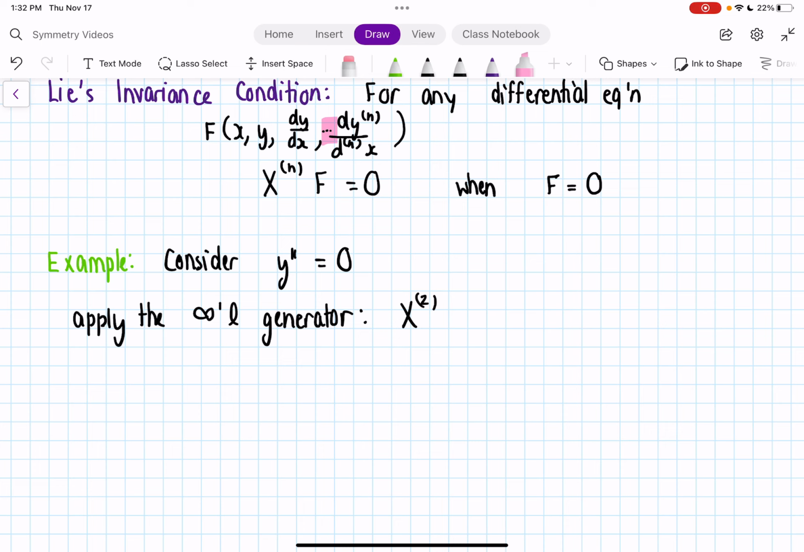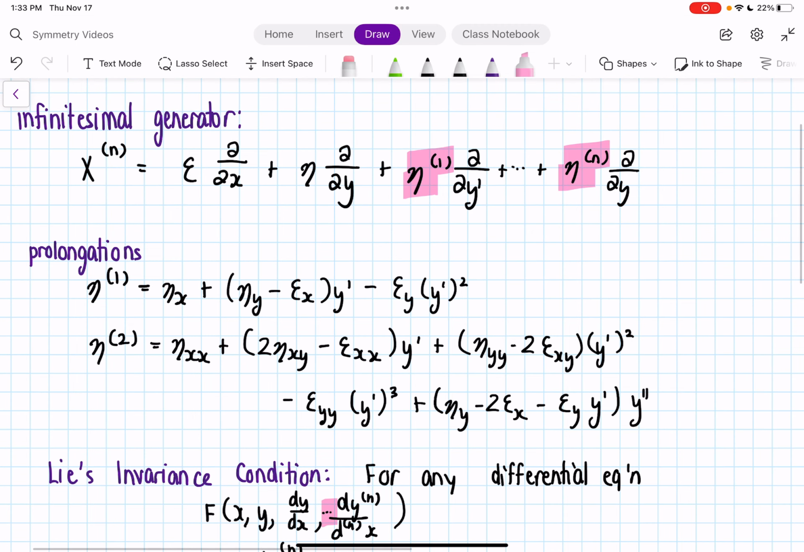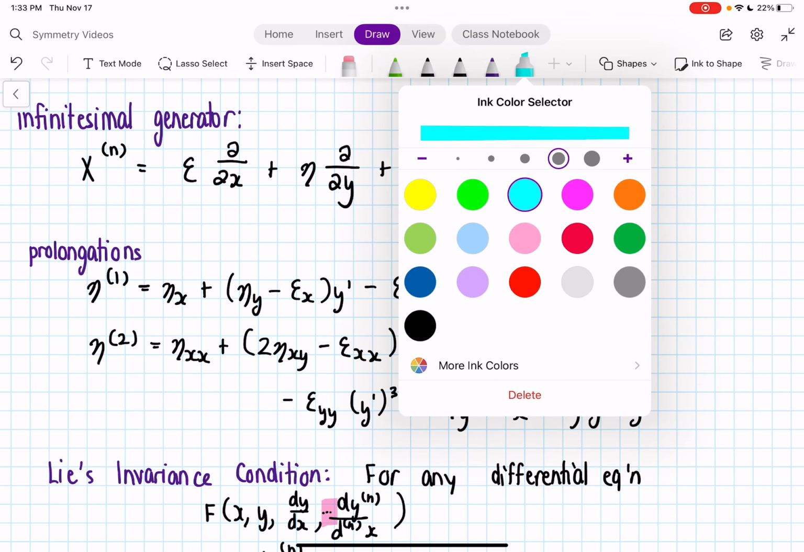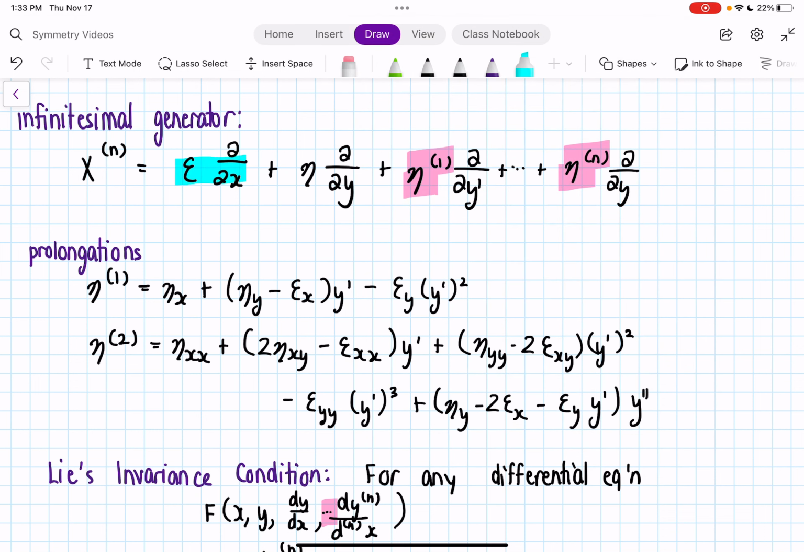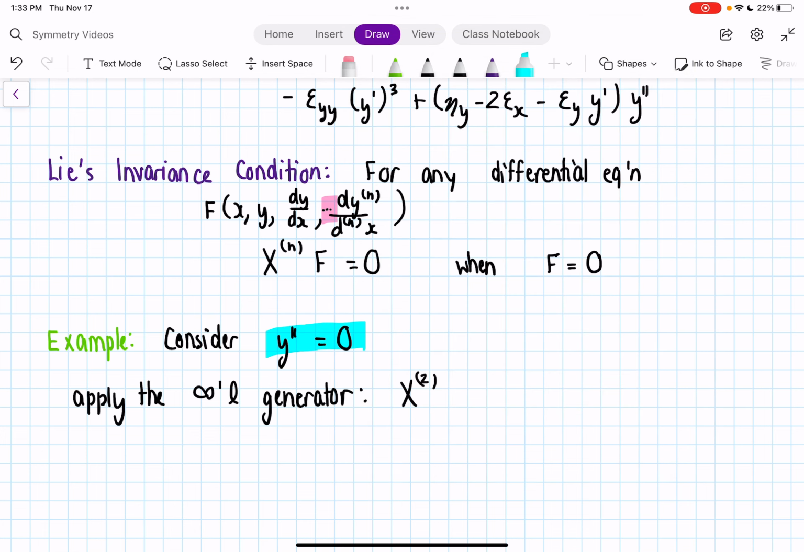So here we want to apply our generator. So we only have to go to the second prolongation of the generator because we only have a second order differential equation. So when I do that, if we look here, our generator is going to say we need to take xi multiplied by the partial derivative in terms of x. So if I look at my function, though, there isn't anything like that, right? I don't have any term that is a partial derivative of x. So what we're going to have